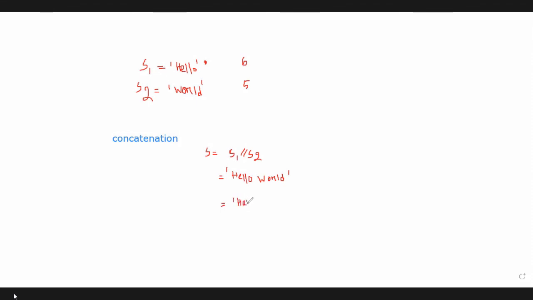Madam, in C we represent a character with single quotation marks, I guess. We represent a character in single quotation. Then what about a string? Double quotation.